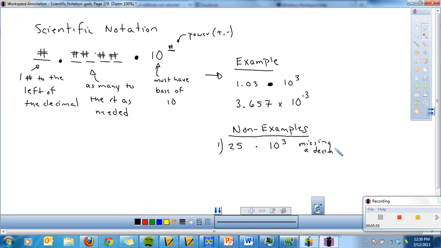We're having some trouble with the board for some reason. We are missing a decimal. So this example does not work. Let's do another example. What if I had a